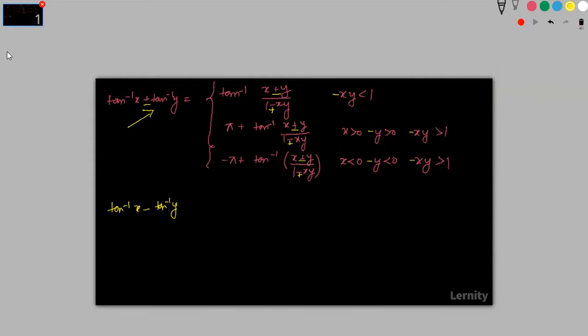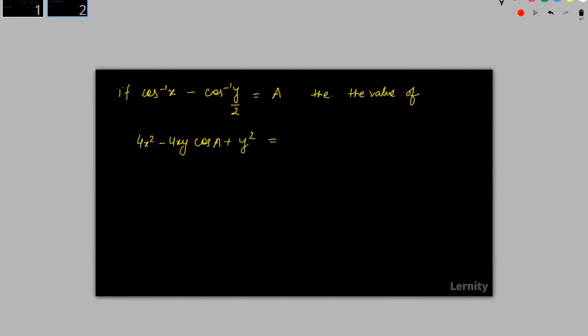The question is, if cos inverse of x by 2 minus cos inverse of y by 3 is equal to capital A, then the value of 4x square minus 4xy cos A plus y square is equal to, and the options are A, minus 4 sine square A,